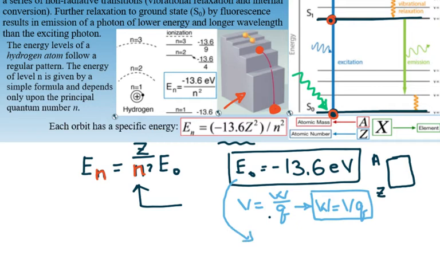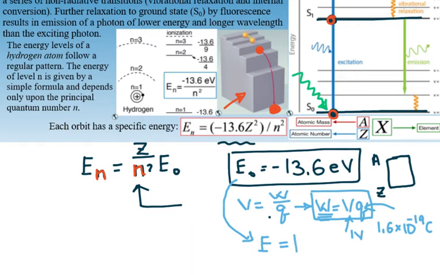So this is your energy, and instead of writing work, I'm just going to write energy. And that is equal to, instead of writing the charge of the electron, which is 1.6 × 10^-19 coulombs, I can write, for each volt of potential difference,